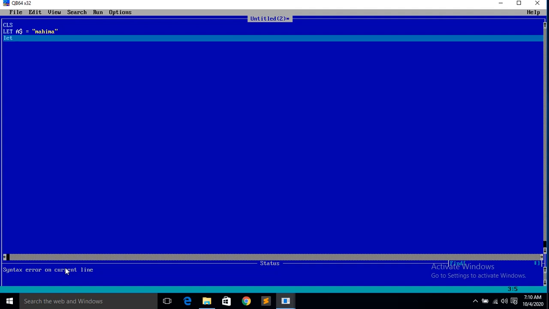And $, whenever you use it to store a name, address, that is character, you have to use it with the variable as $. You can see here I have used $. Since it is a character, it is a string, so it will be stored in the variable, but after the variable you have to use a $ sign. This is the $ sign. The shortcut is on your keyboard, that you have to use. So remember that whenever you use a string variable, you have to use the $ sign followed by the variable.